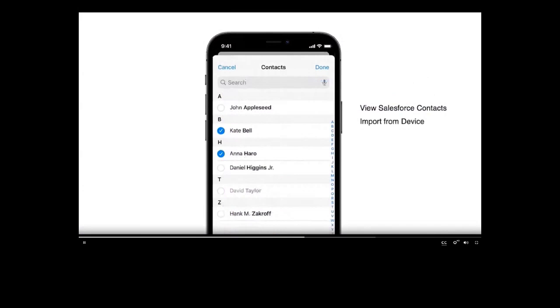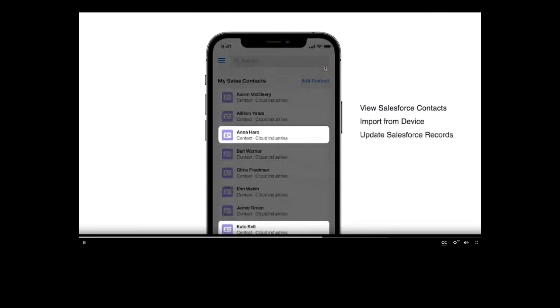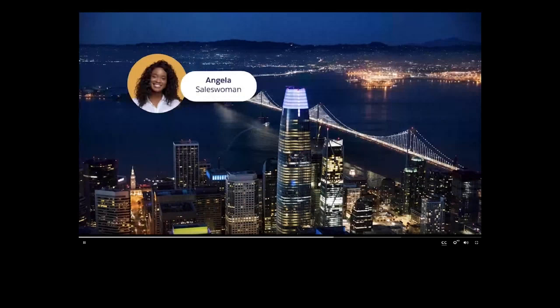Luckily, the event app includes the Nimbus Contacts plugin. This allows users to import their device contacts into Salesforce without any manual entry. A few clicks and done. It's just that simple. After a few hours, the event is finally over, but Angela isn't ready to go home